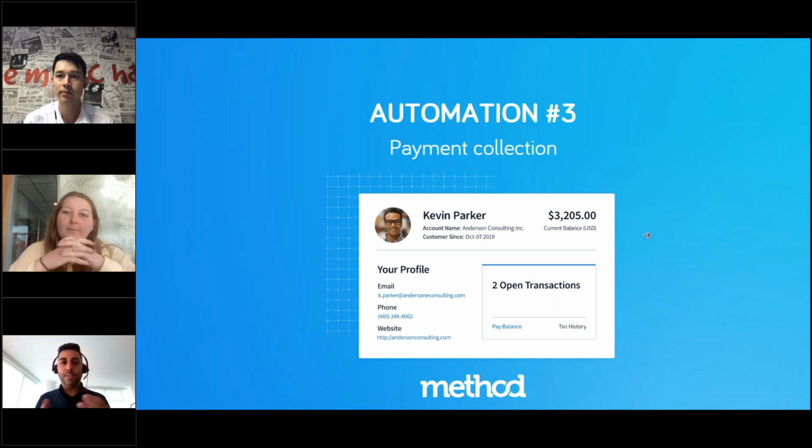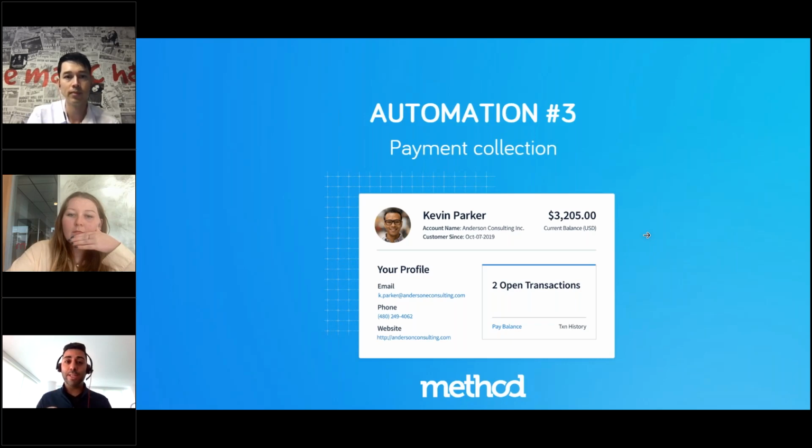So let's say you're using Method CRM or another application that has a portal that clients can sign into and see their transactions and pay them. You can obviously set up a payment gateway of your choice for processing of those payments. And the value of that is you're giving the clients the option to pay those bills themselves. Like, hey, let's get on top of that client to pay that big invoice, but also what are the options they